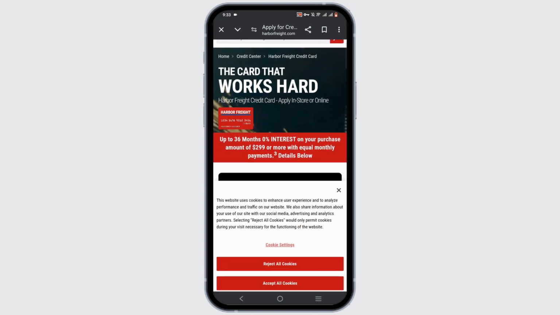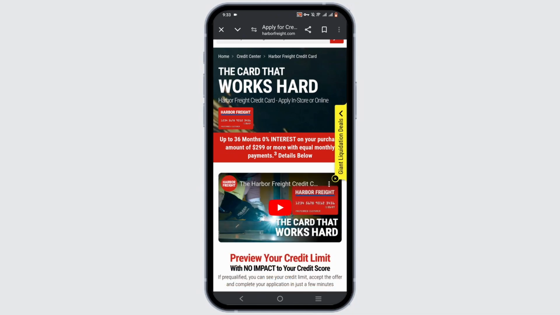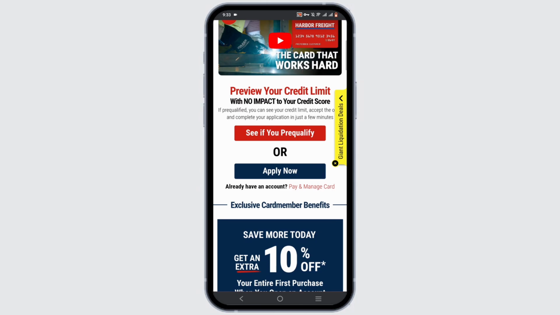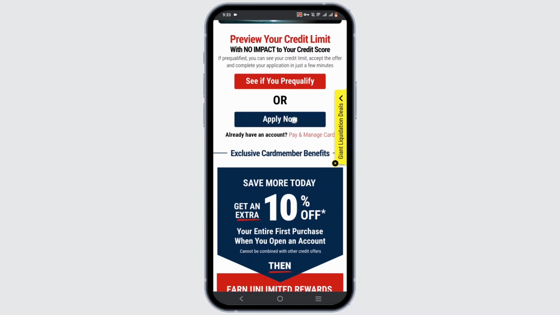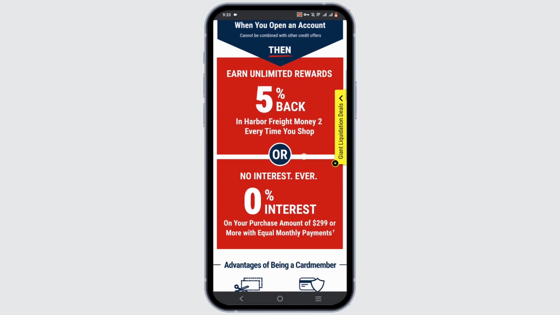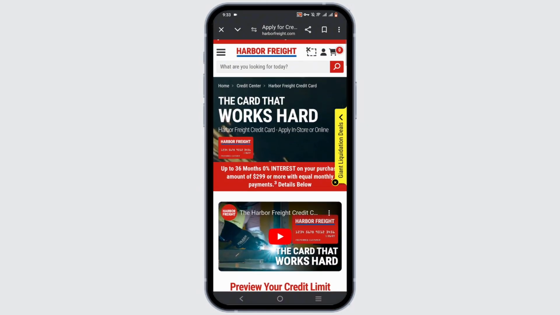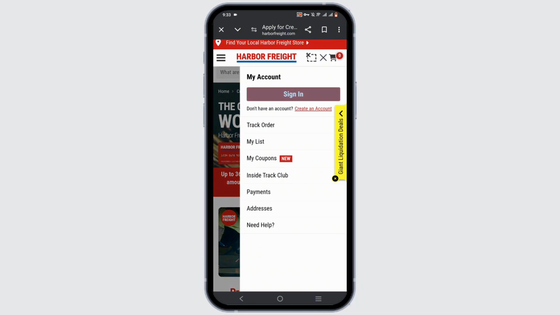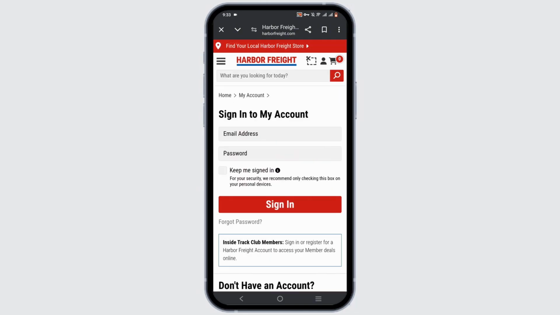harborfreight.com. Over here, you'll be able to apply for credit card as well if you have not created one for you. All you need to do is just simply tap on apply now and fill out some of the personal details. Once you have got yourself a credit card, just tap on your username icon and head over to sign